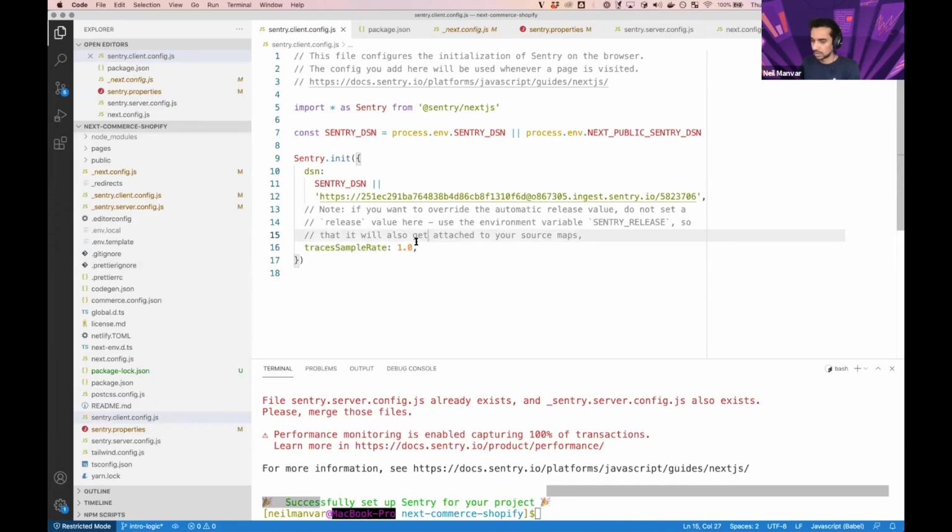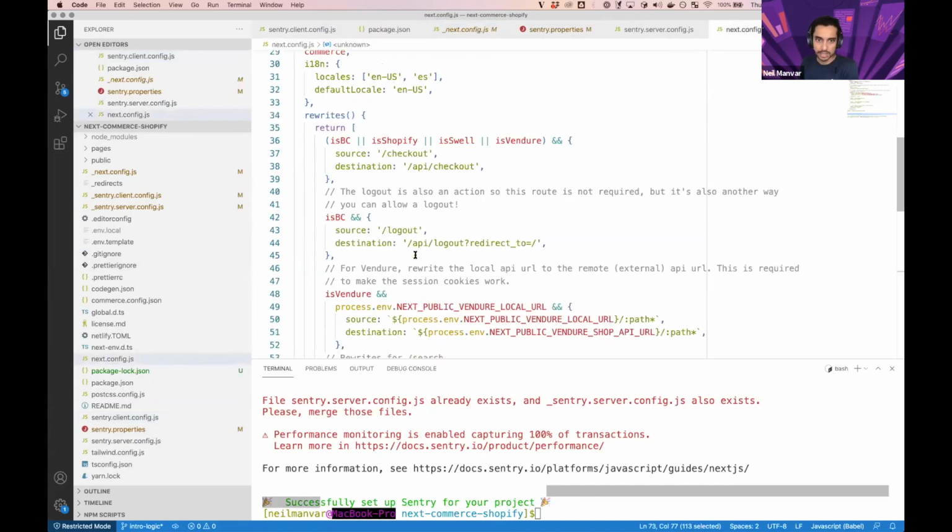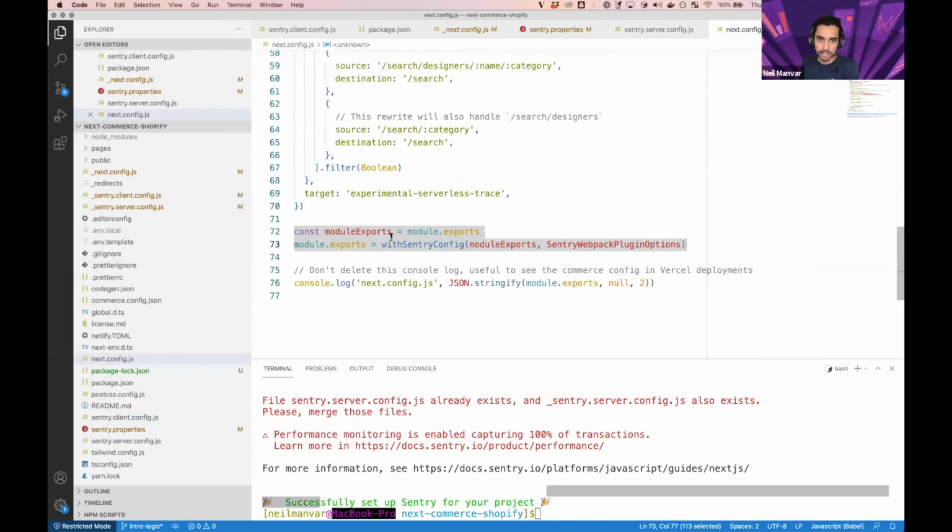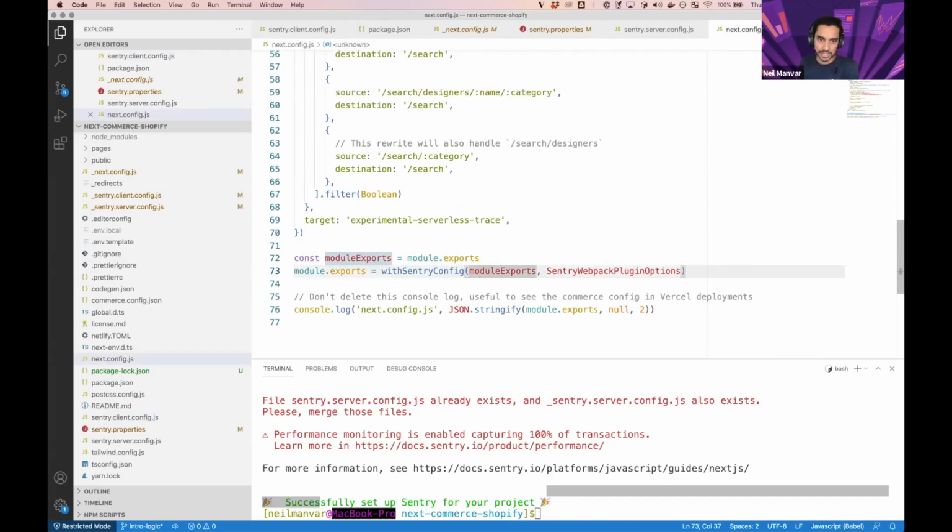And lastly, in Next.config.js, what we'll see here is our previous exports, and then with Sentry config, and also with Sentry Webpack plugin options. So what we're doing here is wrapping this with the Sentry config and also including the Sentry Webpack plugin so that we can get source maps and any other stuff uploaded in with Sentry. And we're doing this all under the hood. So when you call yarn build, all of this is going to be done. Source maps are going to be uploaded. It'll read from any config files that we would need, and bam, we're set up